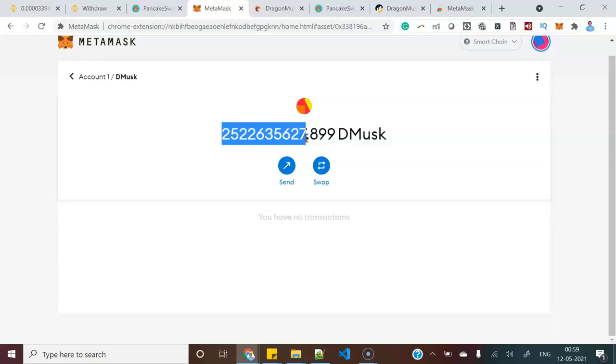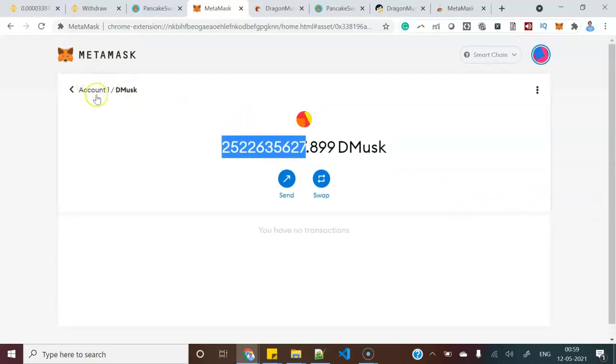So this is how you can purchase the Dragon Marks, that new cryptocurrency, with the help of PancakeSwap and any trust wallet, in our case MetaMask, and using any exchange, right? And now the question is how you can transfer it, let's say you have an account in Binance and you want to sell in the future.